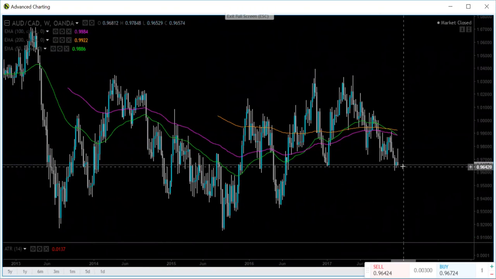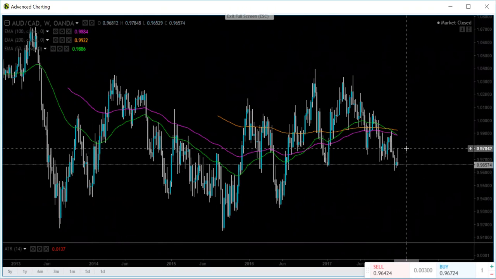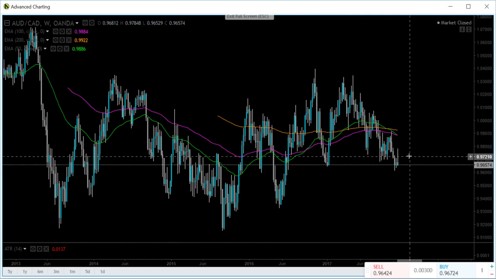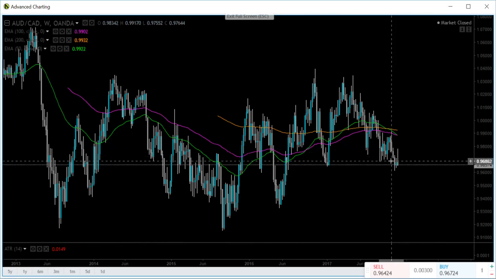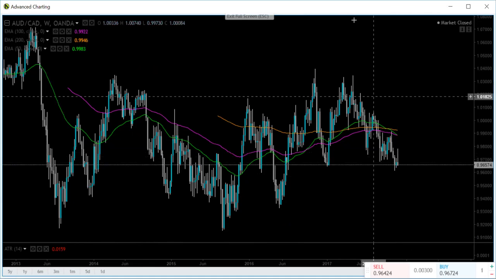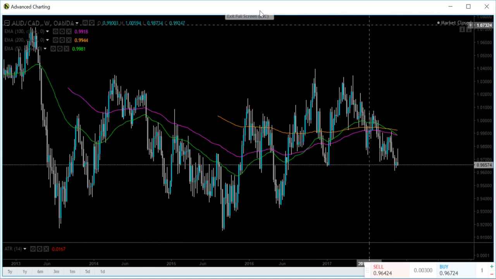There was a lot of volatility in this currency over the last week, where it got all the way to its high up here of basically right around almost 98 cents, but ended up finishing the week down at 96.57 cents. If we look at the chart here, you will see a couple of key levels that we're going to look at.